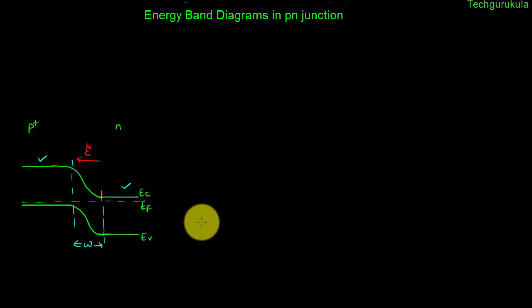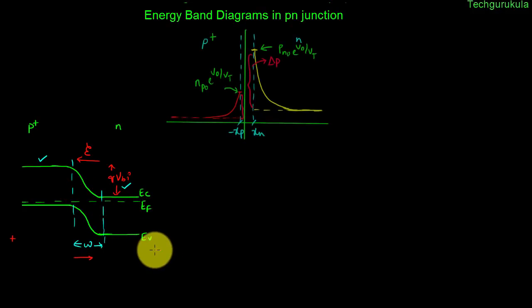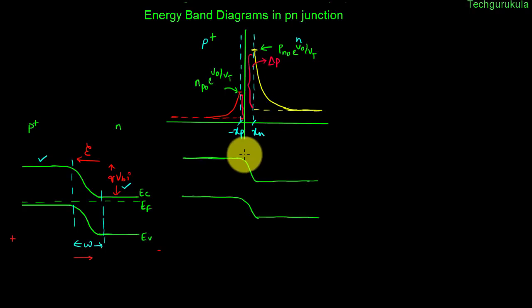Now let's say we apply forward bias, where we are applying positive potential on P side and negative potential on N side. The electric field, because of the applied potential, would be in the opposite direction to that of the internal electric field. As a result, the built-in potential that we have under equilibrium, which was Q times VBI, would now decrease. So we can draw the energy band diagram based on this forward bias, where the minority carrier concentration distribution is shown here. This is how the energy band diagram would look like, where this is EC, this is